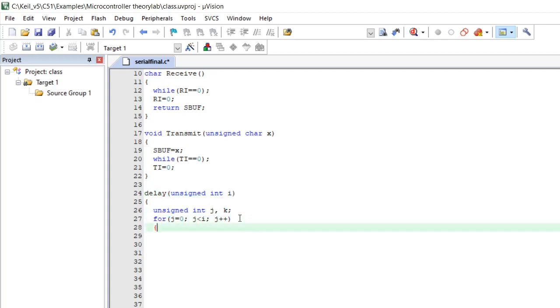For another for loop I'll use k equal to 0, k less than 255, k plus plus. So it's a simple for loop.